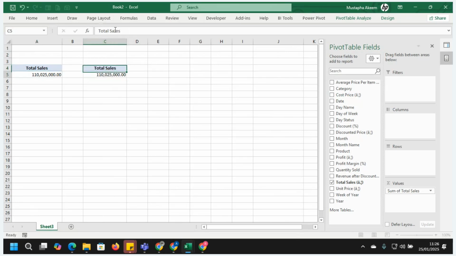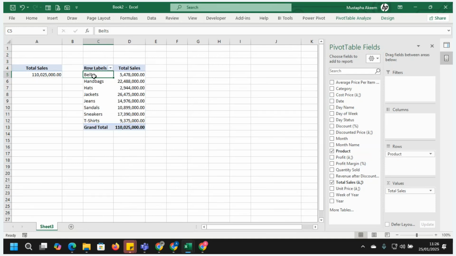by sales, by product name. We can see the product here. I will drag this product into my row. You see what happened. I'm dragging the product into the row. Now you can see all our products